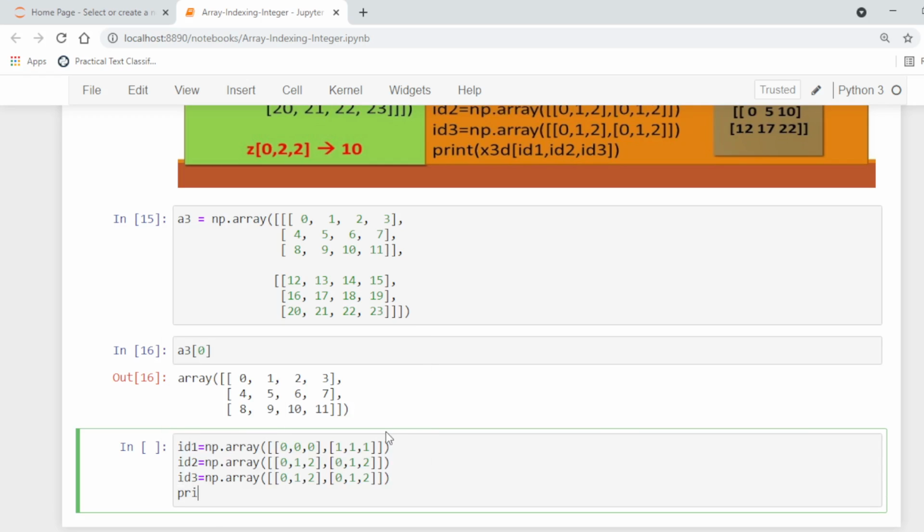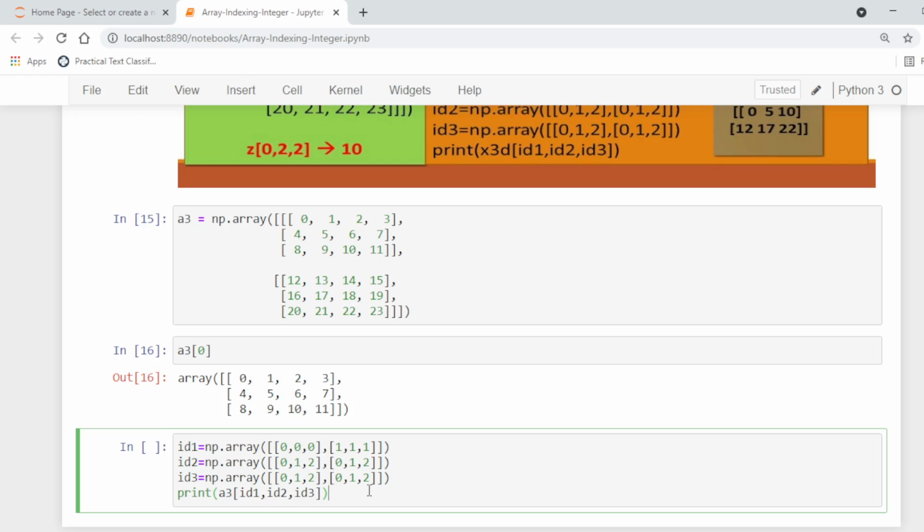So let's say our array is A3, and we use ID1, ID2 and ID3. In this case we are using three integer arrays.